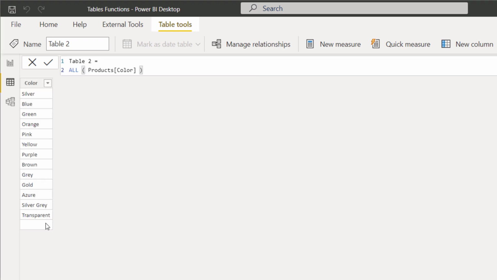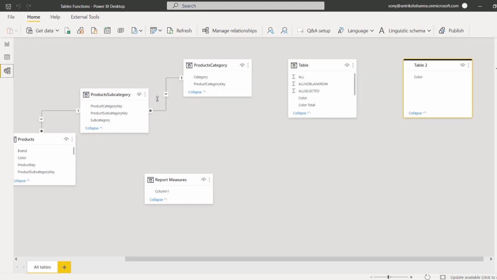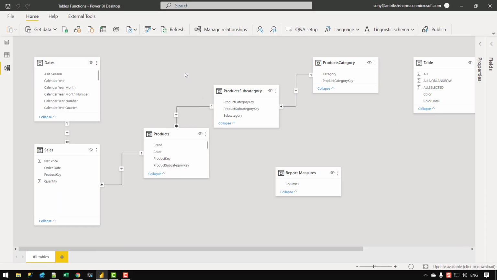You will see that ALL is also considering the blank row, as was being done by the VALUES function. So let's go to the diagram view and see what is actually happening. In Analysis Services, or all the products that run on Analysis Services such as SSAS, Power Pivot and Power BI, what actually happens is that if there is a row in the sales table, or you can say on